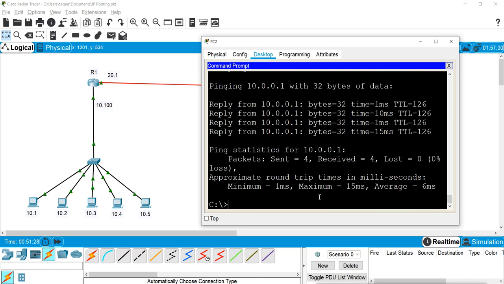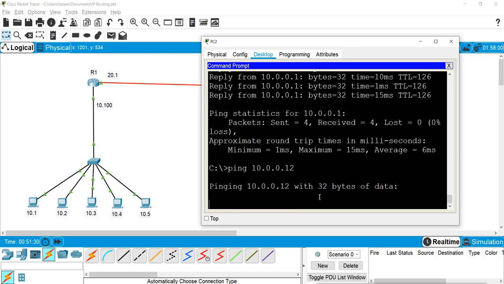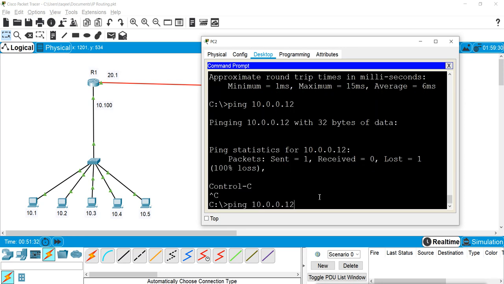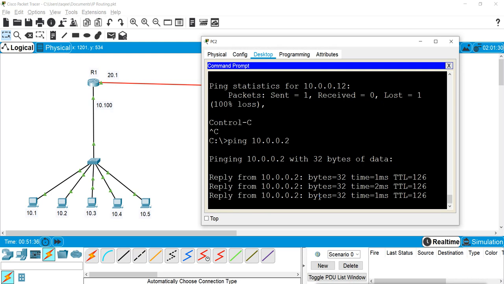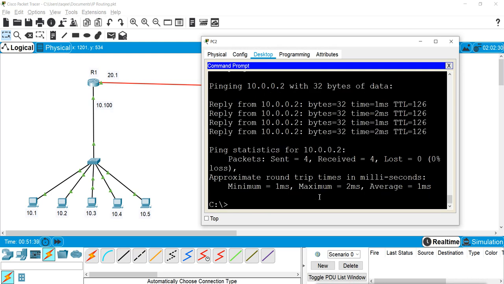When I ping 10.2, it will also send the reply from the same public IP. When you ping any of 10.1, 2, 3, 4 or 5, we will get the reply from the same public IP because we use the same public IP. But the replies are coming from these different machines itself.